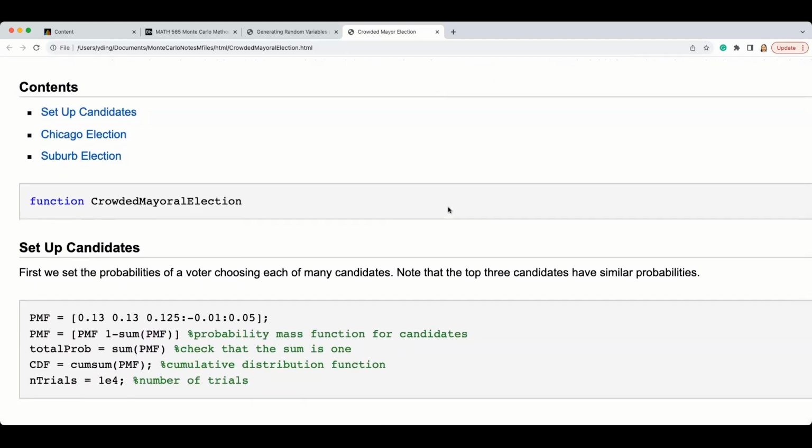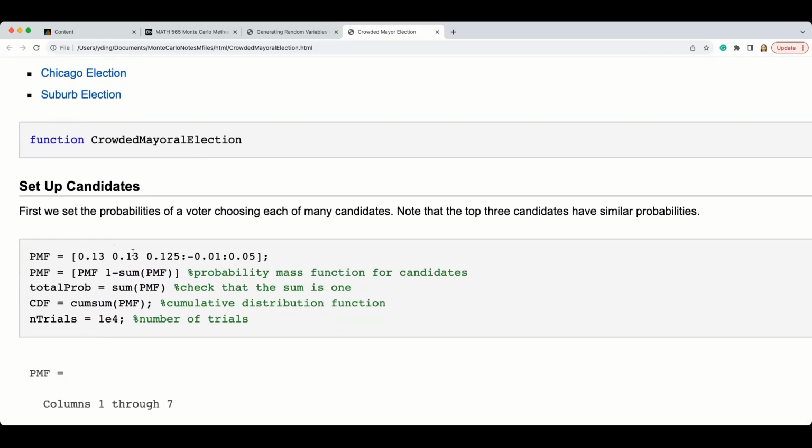Of course, this one will have a lot of assumptions here. So we have two top candidates. The top two will have exactly the same probability to be selected, and then the third one will be very close to it. It will be 0.125, and then decreasing until 0.05. And of course, this is your probability mass function here. Okay, we are not done yet because all the summation should equal 1.